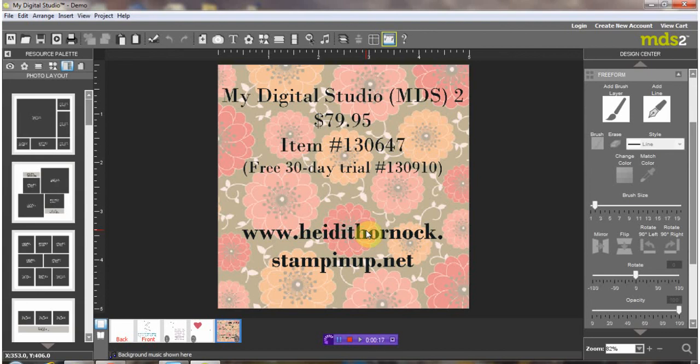They've had My Digital Studio around for a little while and it's been a pretty good software, but MDS2 is way better. It gives you a lot more flexibility with techniques and things that you can do that makes it a lot more like traditional scrapbooking with a lot less work and time. So what I'm going to show you today is how to attach text to a shape of some